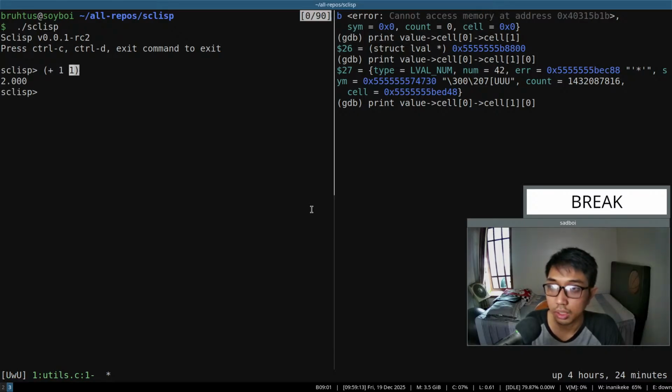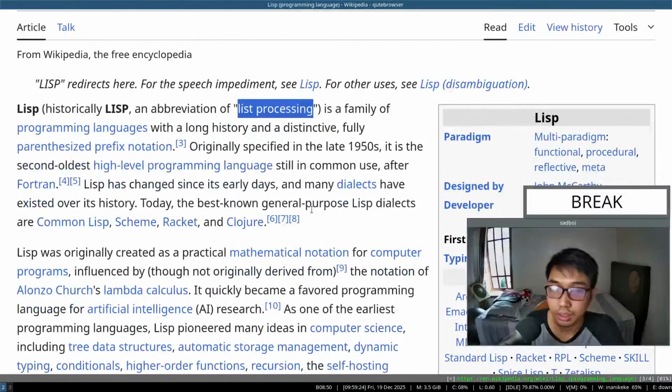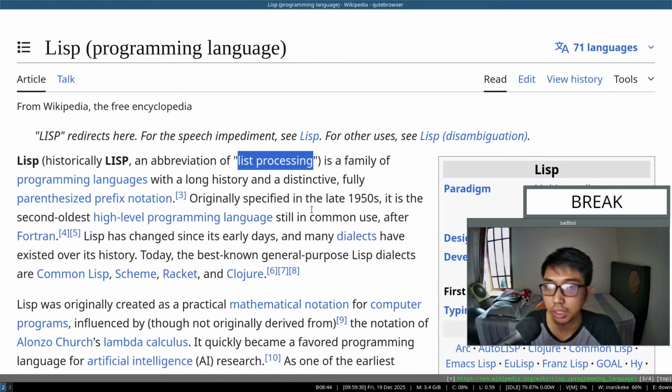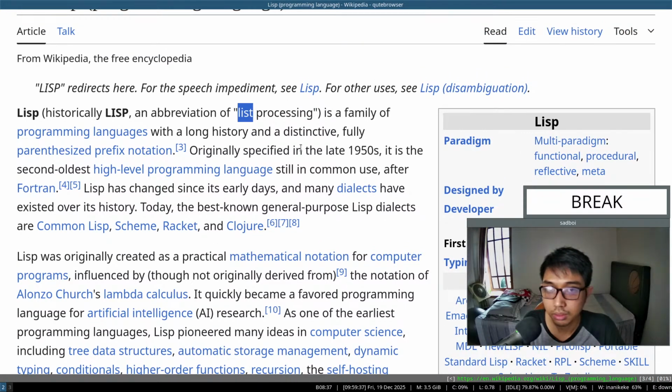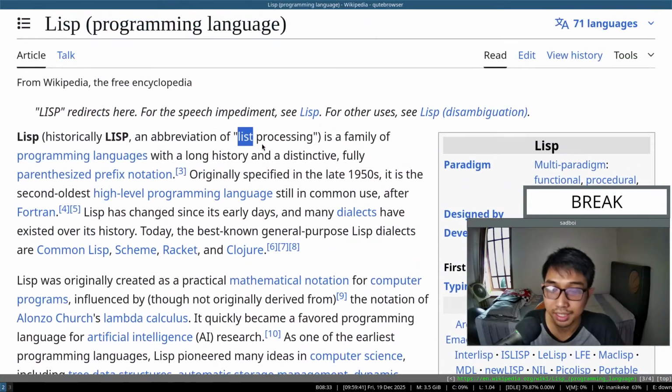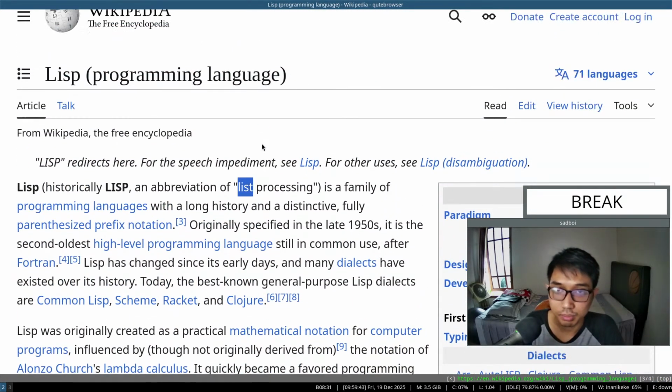We are evaluating this list to give a result 2, something like this. So we think of the programming language like a collection of lists, I guess. That's as far as I understand. I don't really understand Lisp myself, so